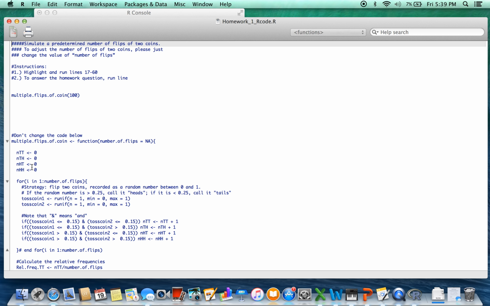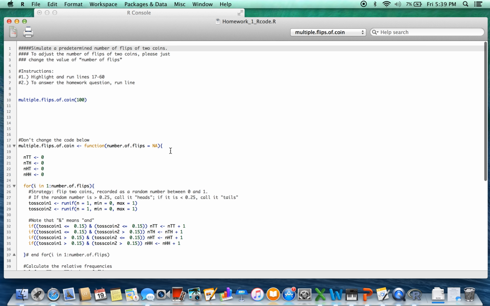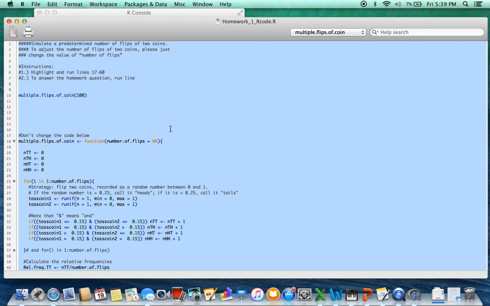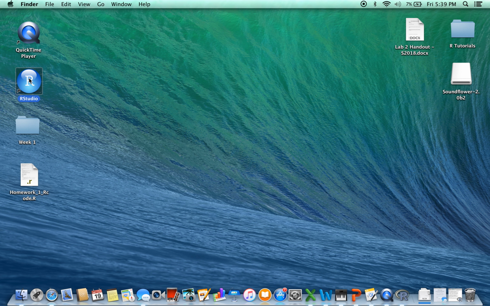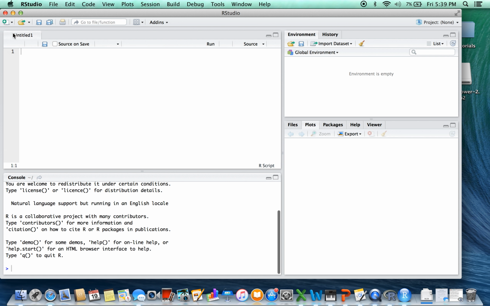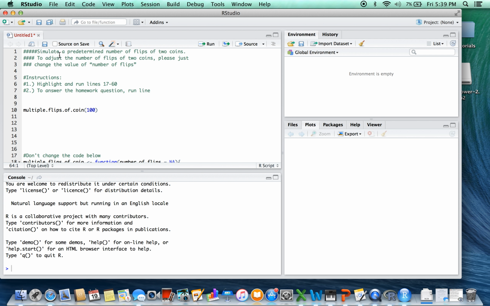So I'm going to open it up, and you can see that it's not in RStudio, so the code is all here, but the first thing we're going to do is transfer it to RStudio, which is what we've been working with since last week. So I just copy all of the code, open up RStudio, and now I'm going to open up a new script window, and this is going to act as our scratch paper of sorts. Paste all of the code in here,